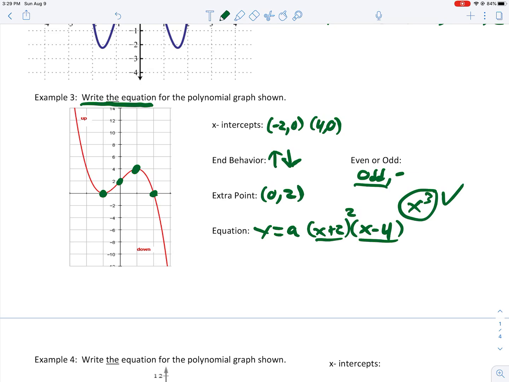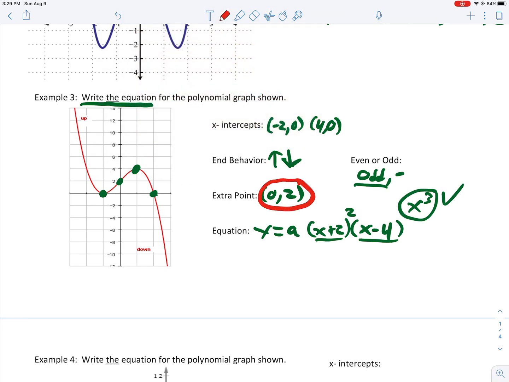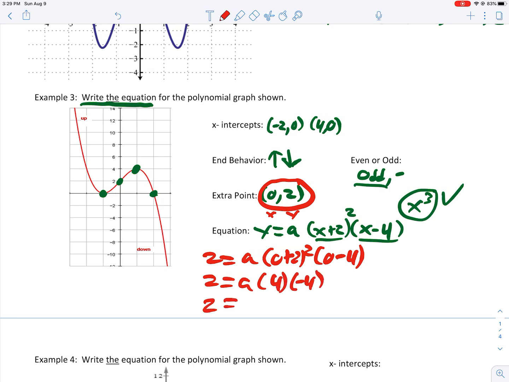So now I just got to figure out a. How do I figure out a? Well, that's what the other point's for. 0, 2. There's your x, there's your y. So 2 equals a times 0 plus 2 squared times 0 minus 4. So 2 equals a times 4 times negative 4. So 2 equals a times negative 16. Divide by negative 16. So a equals negative 1/8. So my final equation